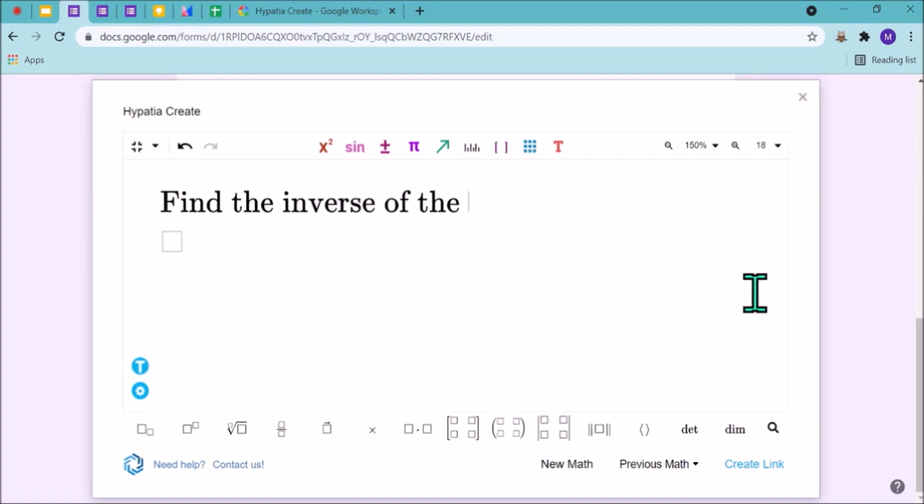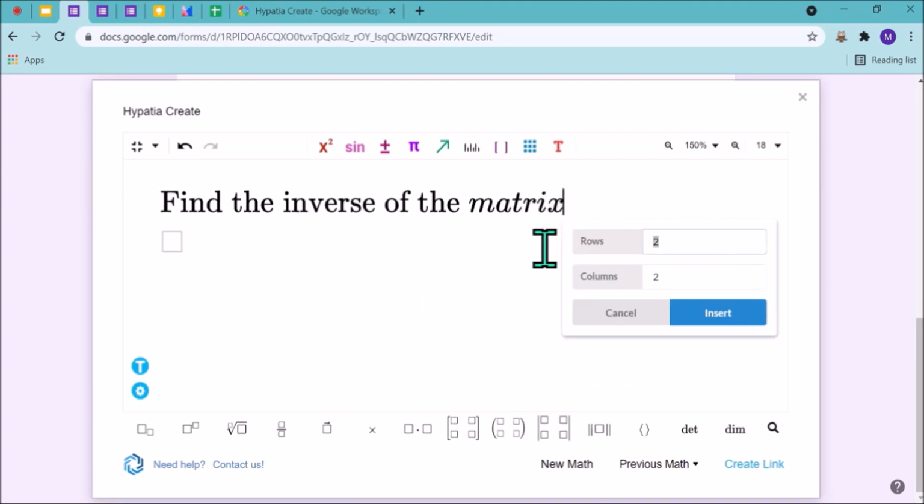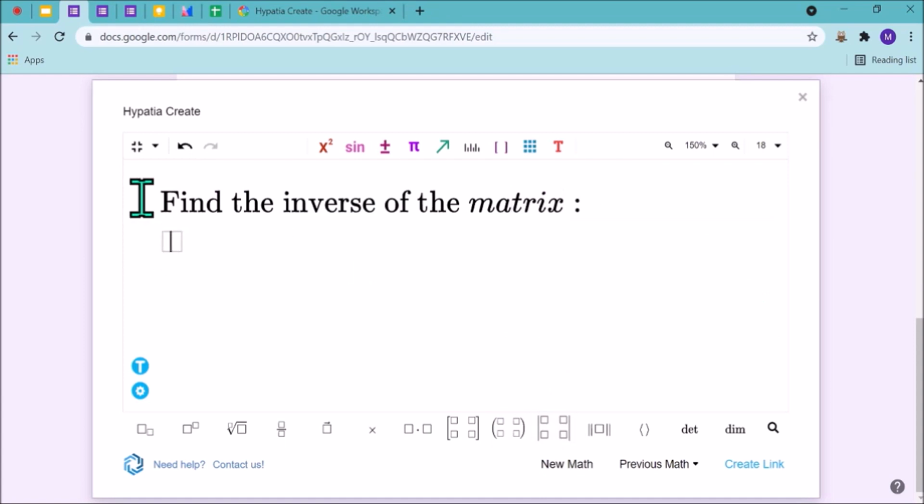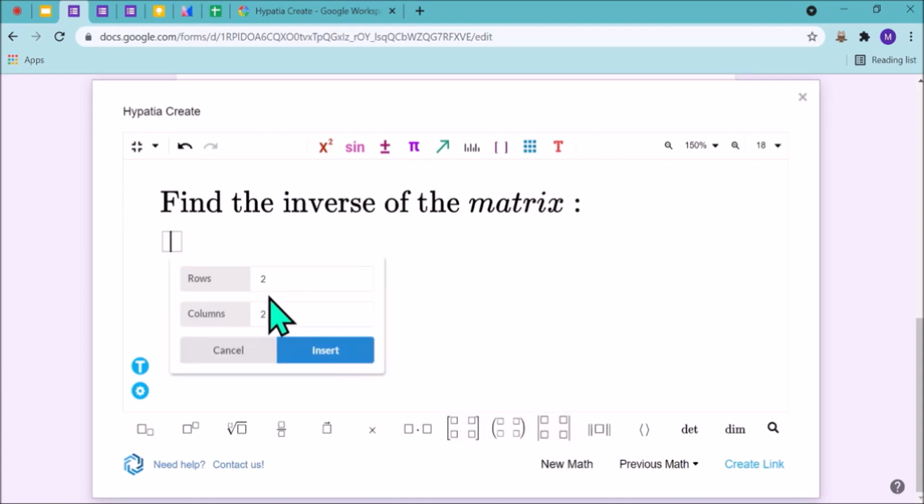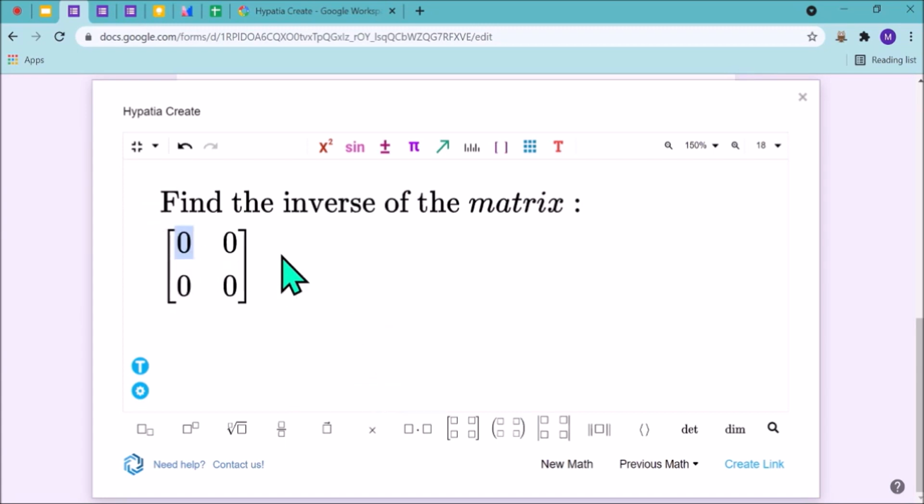I have to bring it here. Then I will choose insert. It will come here. By default, entries are 0, 0, 0. We have to change it. Then we simply move with our keyboard right, left arrows, bring the cursor there, and delete the items which are already written. I think it is clear.